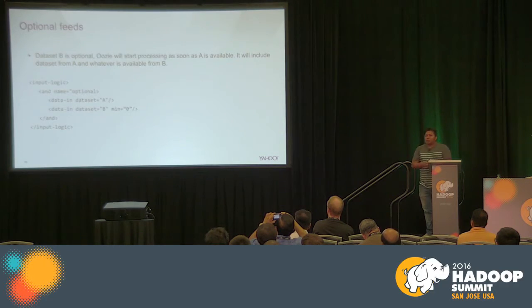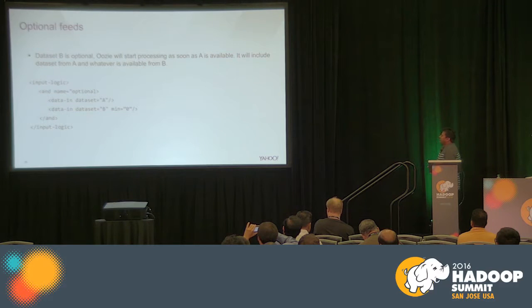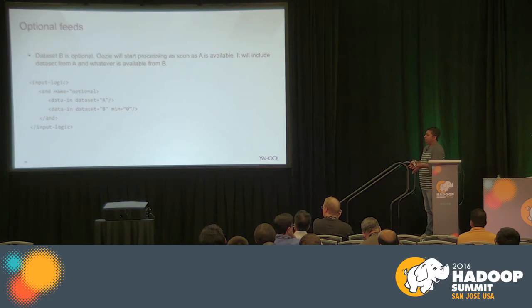I can also have support for optional and mandatory fields. So I have some fields which are required for processing, and some which are optional. Even if an optional one is not available, that should be okay. So I should be able to start processing as soon as my mandatory fields are available, along with whatever is available in the optional fields. In that case, you can use the AND operator. What it says is that for A, B with min 0, whatever is available in B, I should be able to start with.